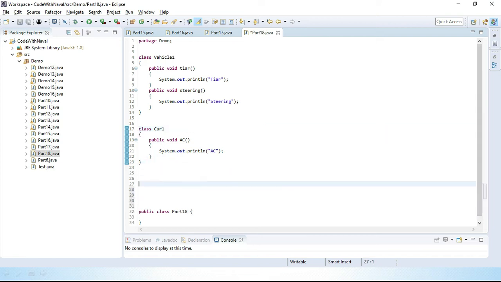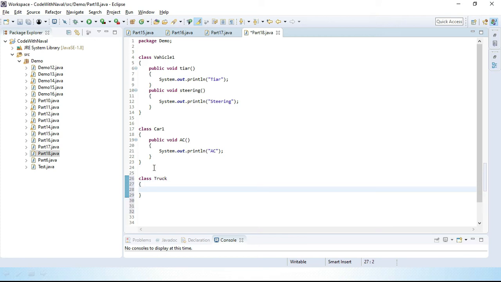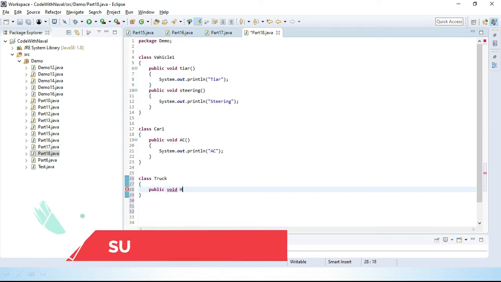Then let's create one more class, Truck. A truck has a hydraulic pump. That is not provided in a car as well as a bike. A truck has that unique feature. We define inside the Truck public void hydraulic pump.